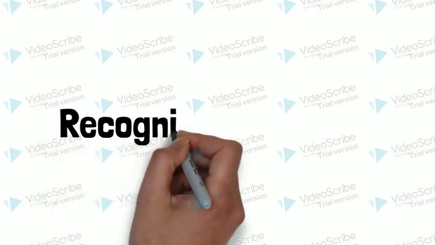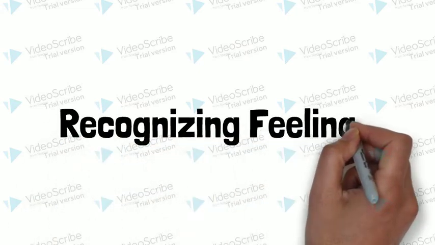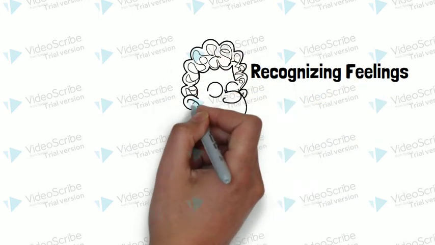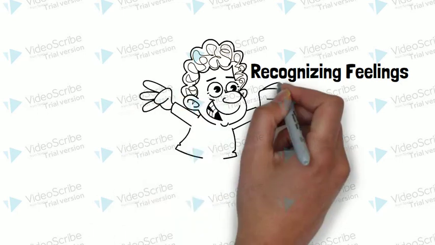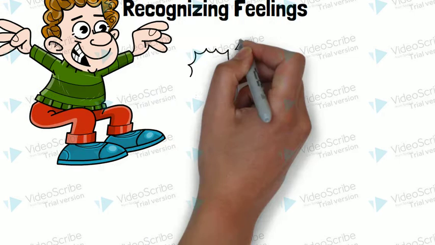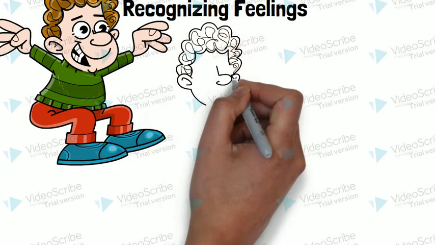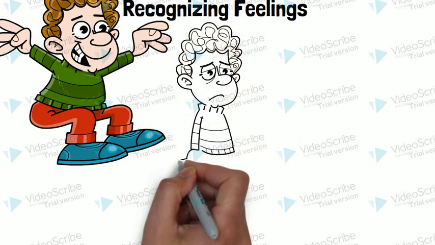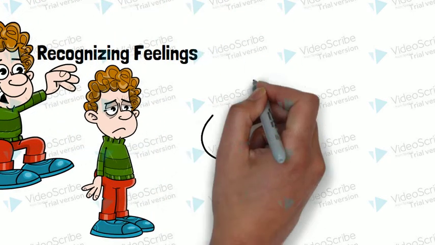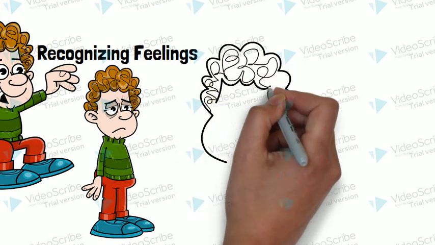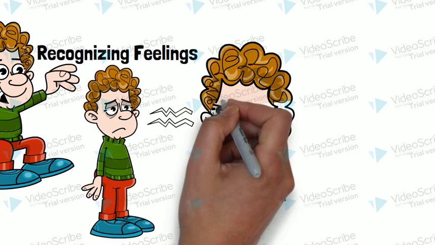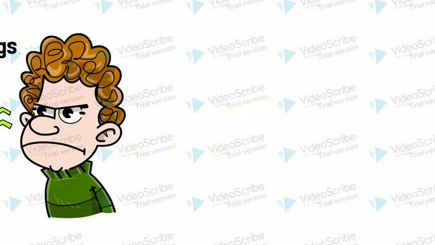Recognizing feelings. When a child is upset, it helps to have them label their feelings. For young children, keep it simple, such as happy, sad, or angry. As children age, help them to more accurately identify what it is they're feeling, such as frustrated, excited, jealous, or lonely. Oftentimes, when you begin to implement these strategies, it is worthwhile to stop the entire class and ask them for help in identifying how the child is feeling.